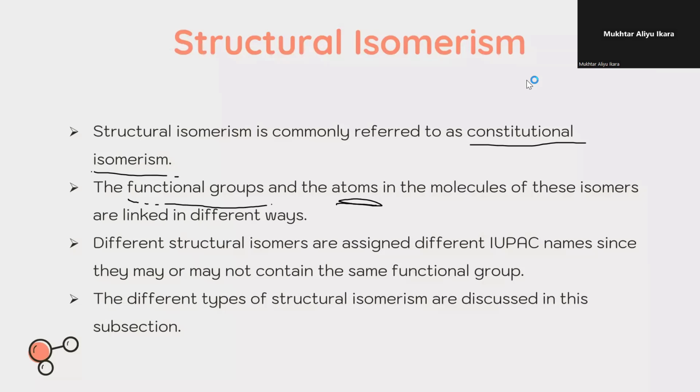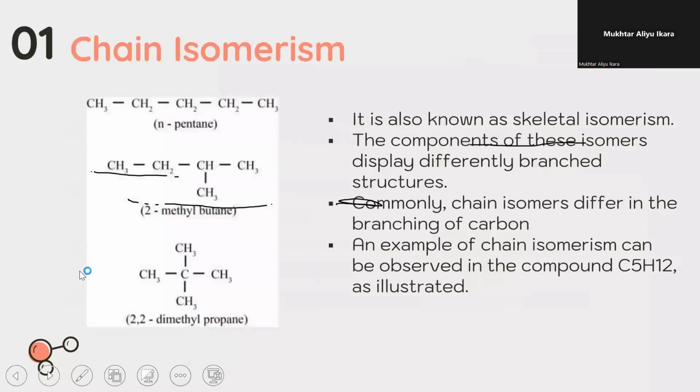Whenever there is a different linkage of the atoms, even though they have the same number of carbon, the same number of hydrogen, and all other elements in the compound, their functional groups may differ as well as the IUPAC name. So here we are going to look at the different types of this isomerism in detail, starting with